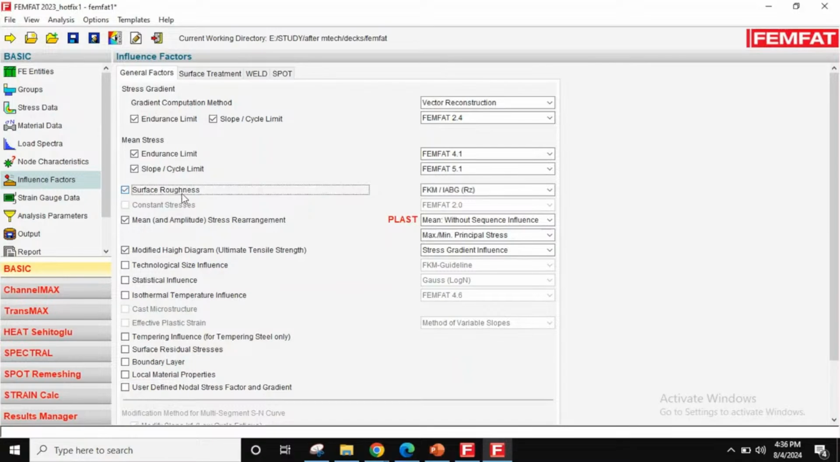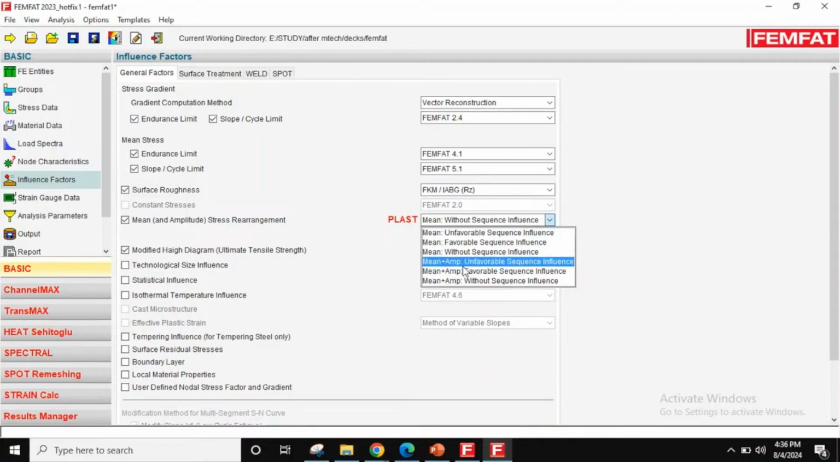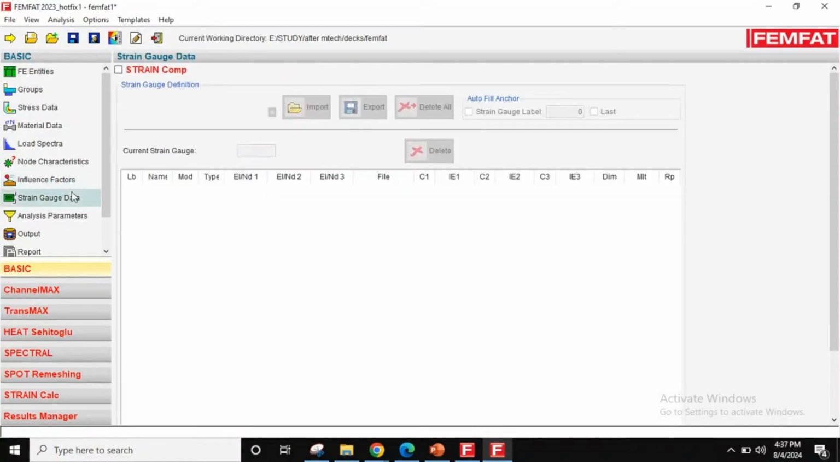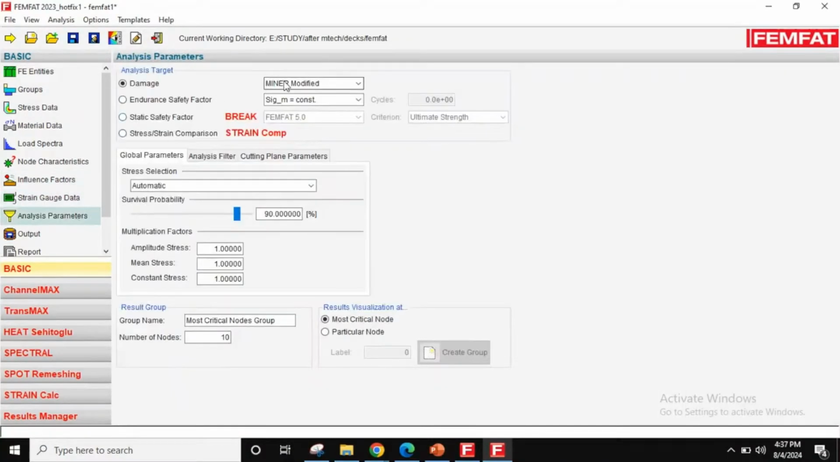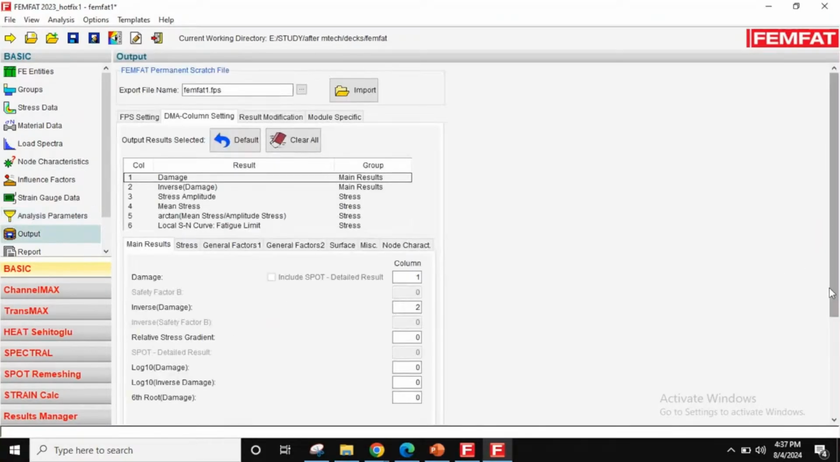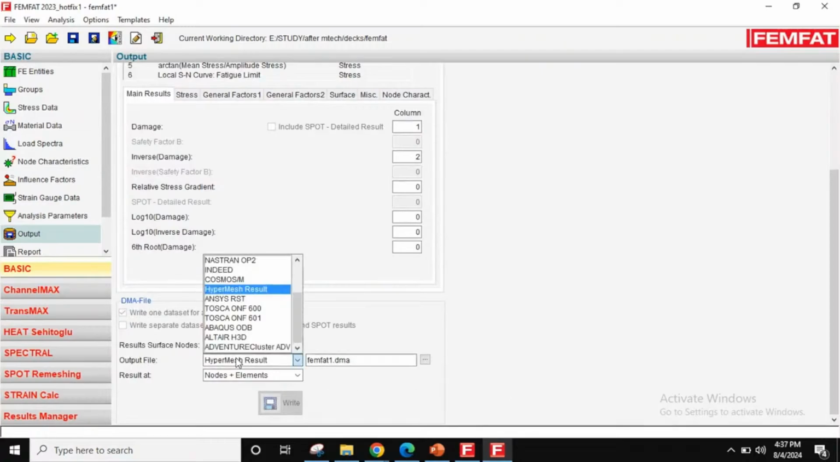Surface roughness I am switching on, and as I am using linear material properties, I am using mean plus amplitude unfavorable sequencing effect. Technological significance, we can switch it on, and then damage will be minor modified. Analysis factor, I want to calculate for all elements which have less than this stress. Okay, output you can select HyperMesh result, as I want to use it in HyperView,